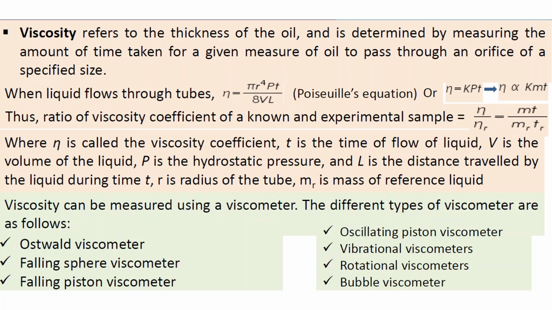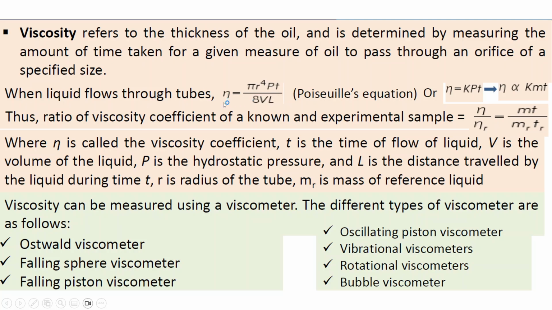Coming on to the viscosity. So viscosity refers to the thickness of the oil, and it is determined by measuring the amount of time taken for a given measure of oil to pass through an orifice of a specified size. When liquid flows through a tube, it is given by the Poiseuille's equation,